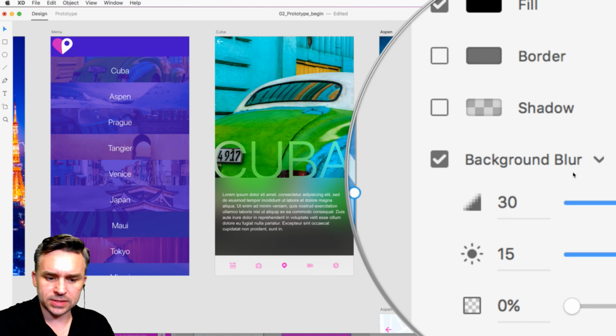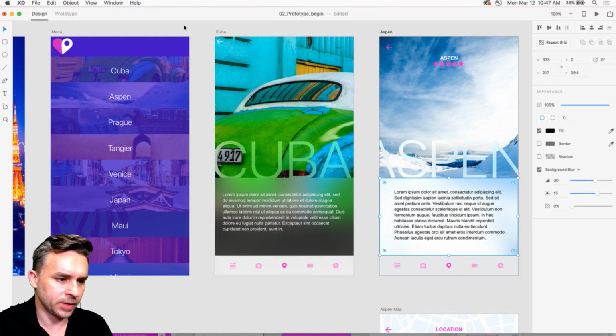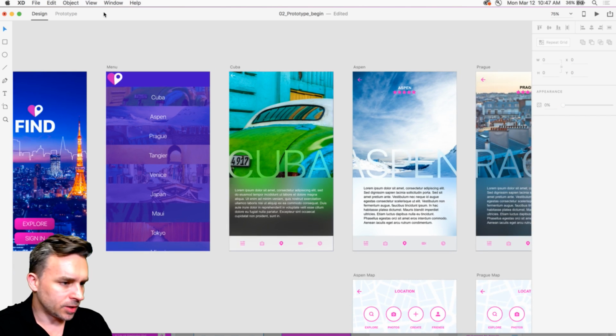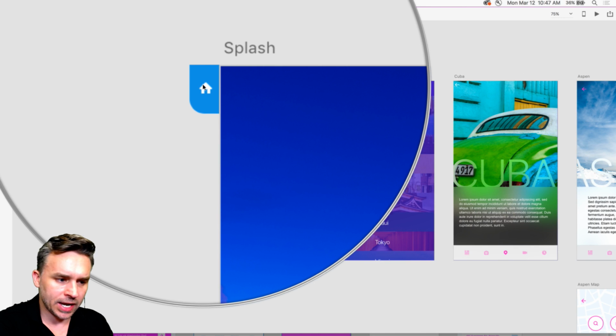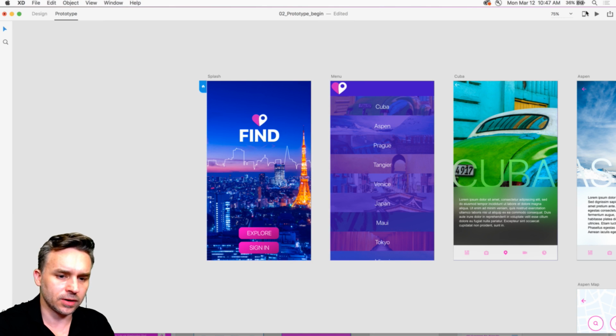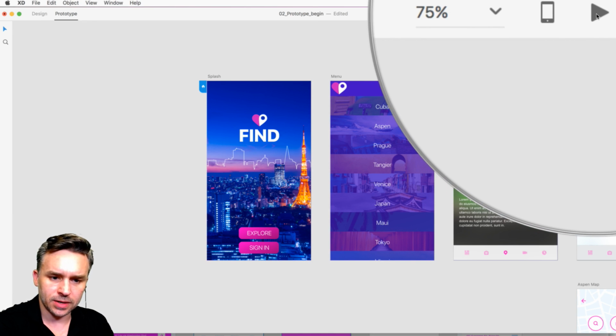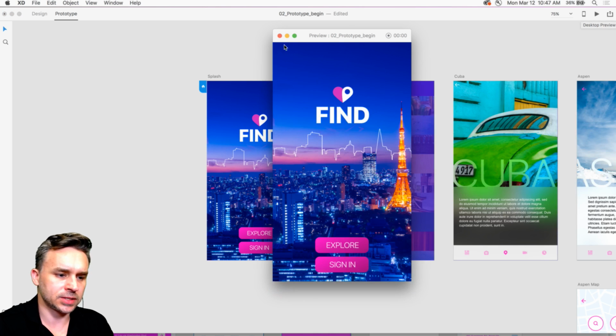So select the item and then select background blur in the properties panel. All right, so back to prototype. I notice my splash screen has this little tag that says, hey, I'm the home page. We're going to start here. So when I preview on my desktop right up here by hitting this play button, it's going to start there,